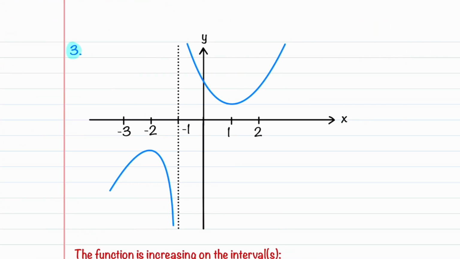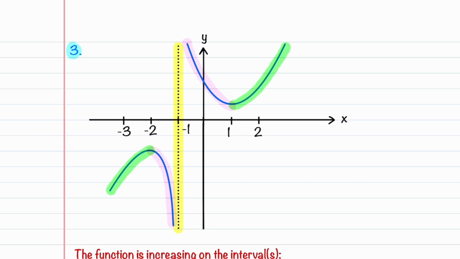In our third example, notice that our function is undefined at x is equal to -1, and we have an asymptote at -1. As we go along the x-axis from left to right, we start out with our function increasing, and then it bends and it starts to decrease. Then we cross the asymptote and start again from left to right, but we're on the right side of the asymptote this time, and we see that our function is decreasing, and then we reach this point down here where it switches from decreasing